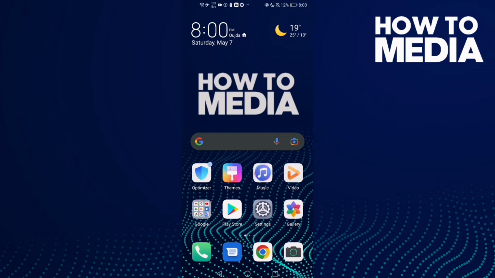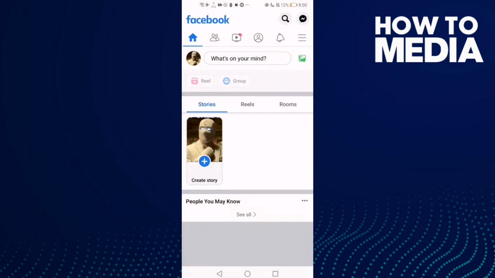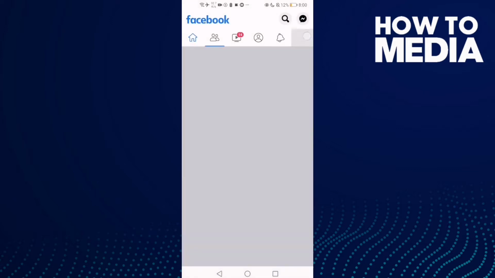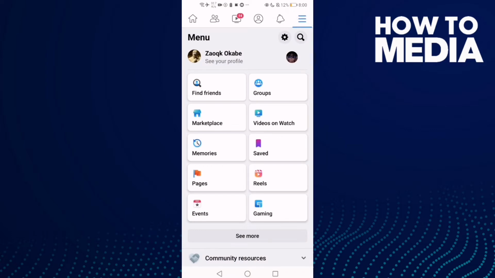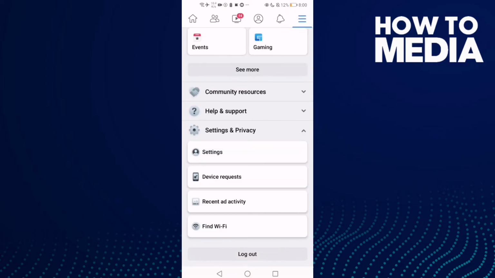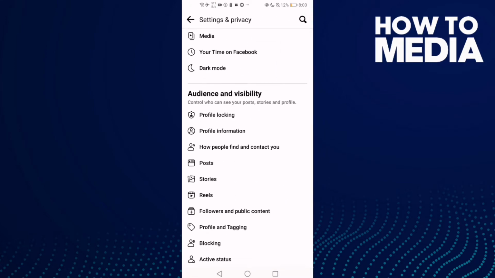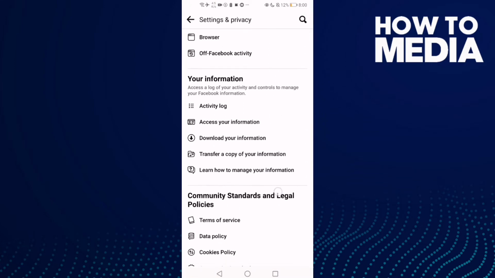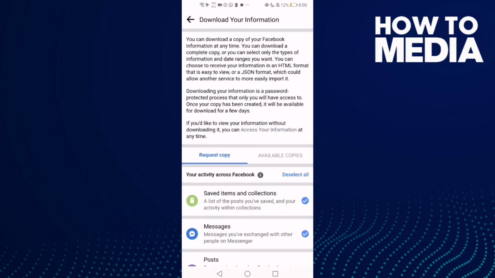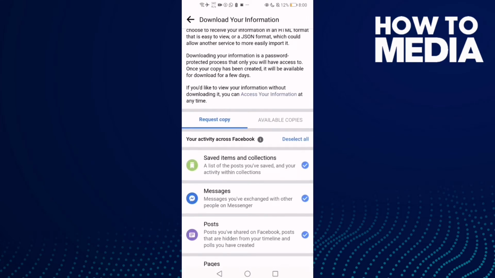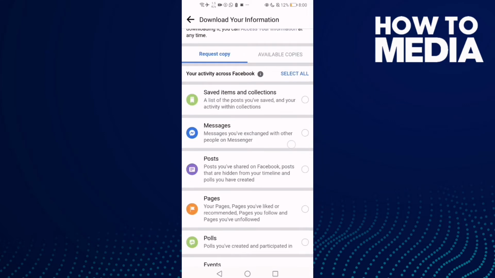First thing you're gonna do is go to Facebook and then click these three lines here in the top corner and go down, click settings and privacy and then settings, and go down here until you find download your information and click here, this one, this select all and